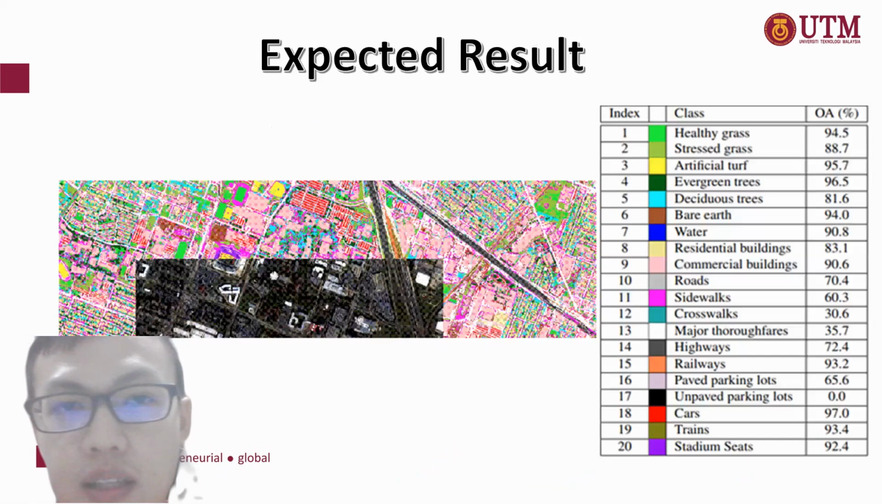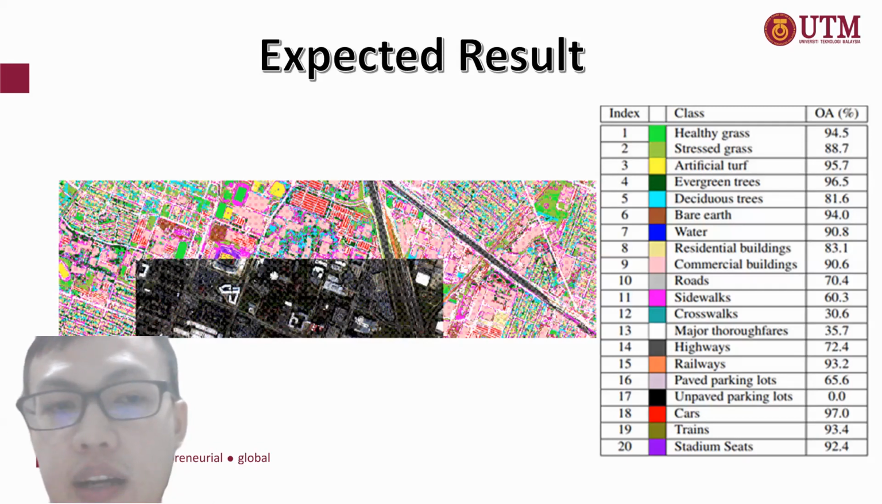Next is the expected result. From the figures, we can see that many classes have been classified, for example, the healthy grass, stressed grass, artificial turf, and so on. So my expected result is that my Seremban area will have different classes